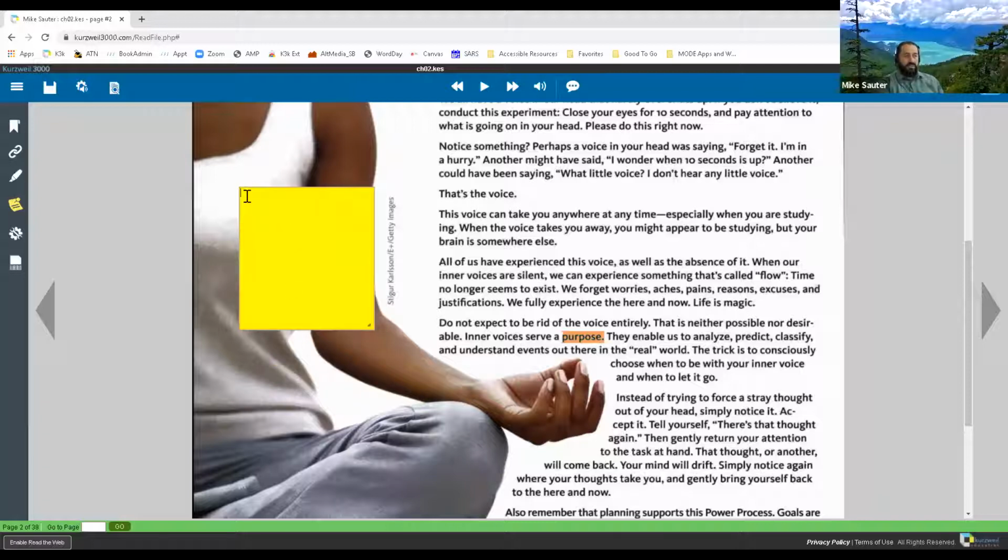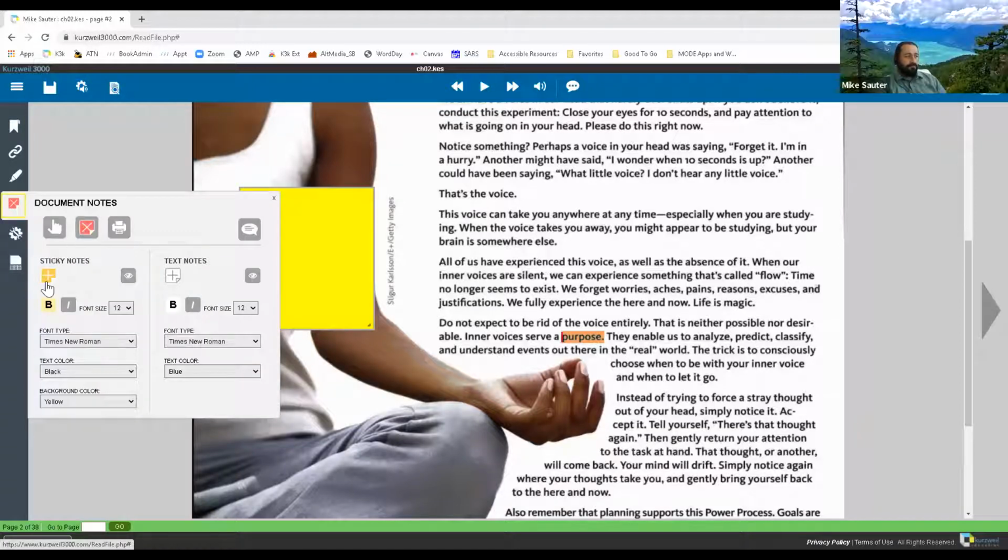And the cursor is flashing because it's ready for text. Okay. Notice my cursor still has that little sticky note following it around. I want to make sure, like if I clicked one more time, it would add another sticky note. For me, that's a little annoying. It is what it is, but I can delete any unwanted sticky notes by using the delete key.